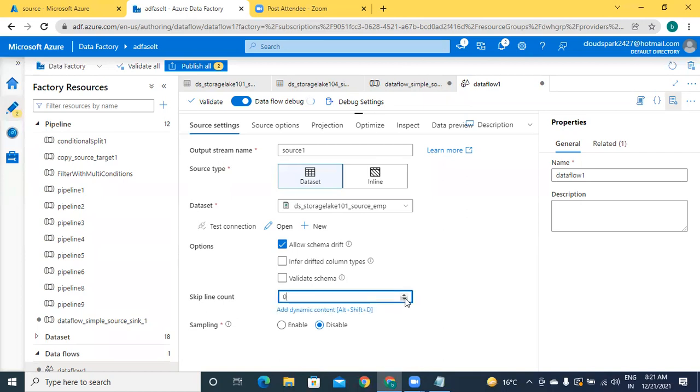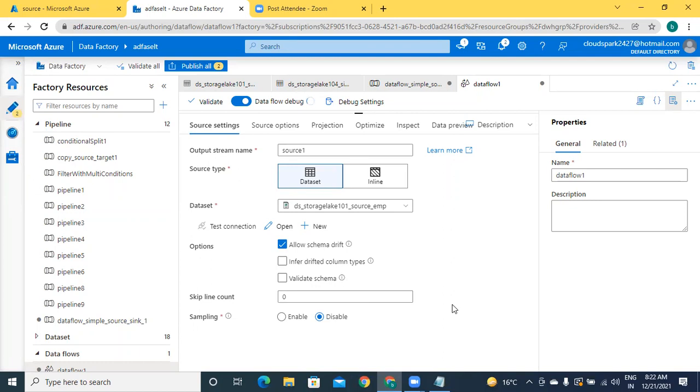See here, skip line count. I don't want to skip anything. Sometimes if you open any input files, generally some of the clients will give you the first 4 or 5 lines as comments. What is the first field, what is the second field? They will give you some comments. But comments should not be data.